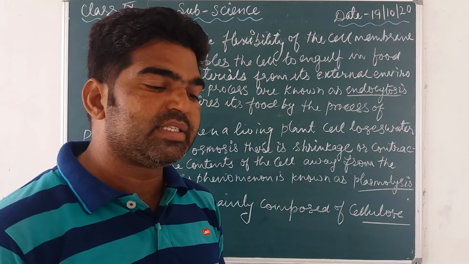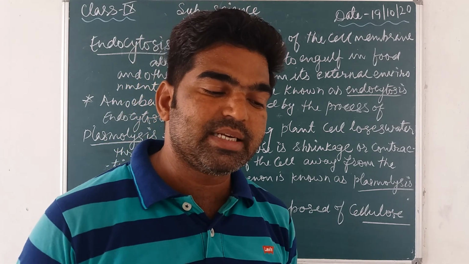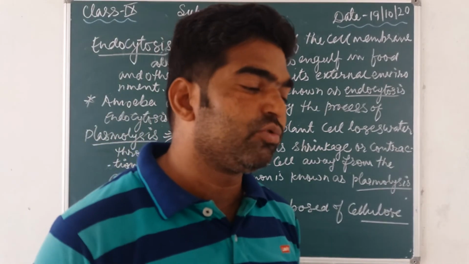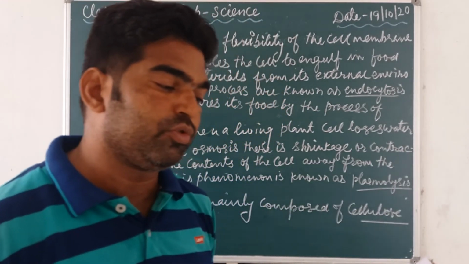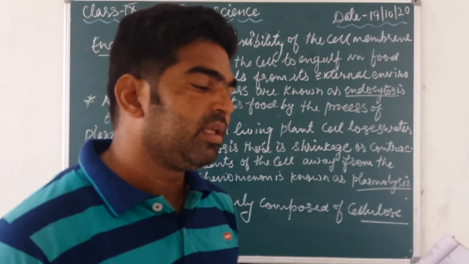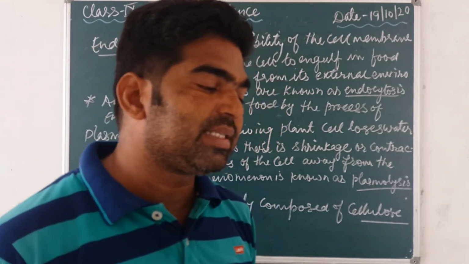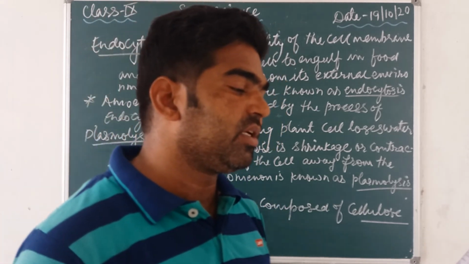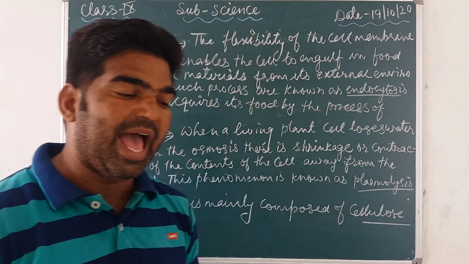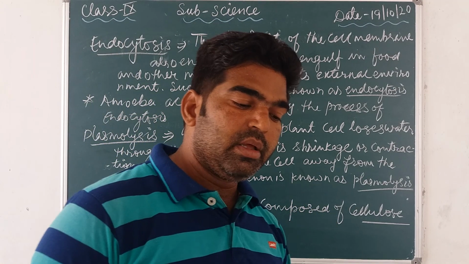Cell walls permit the cells of plants, fungi and bacteria to withstand very dilute external media without bursting. In such a medium, the cell tends to take up water by osmosis. The cell swells, building up pressure against the cell wall, and the wall exerts an equal pressure against the swollen cell. Because of their walls, such cells can withstand much greater changes in the surrounding medium than animal cells. So this is about the cell wall.